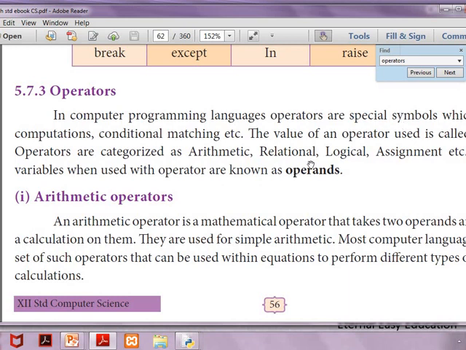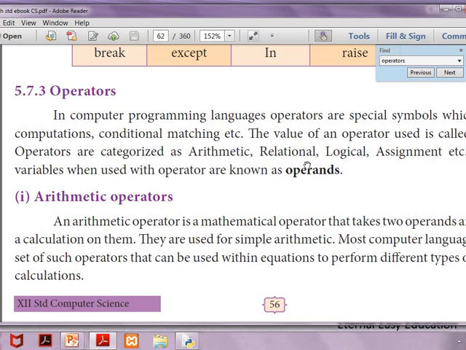The symbols used for relational, in the sense of comparing two values and finding the relation between the two values, is said to be relational calculation. So the operator, that is a symbol which is used to do relational operation, is said to be relational operators.